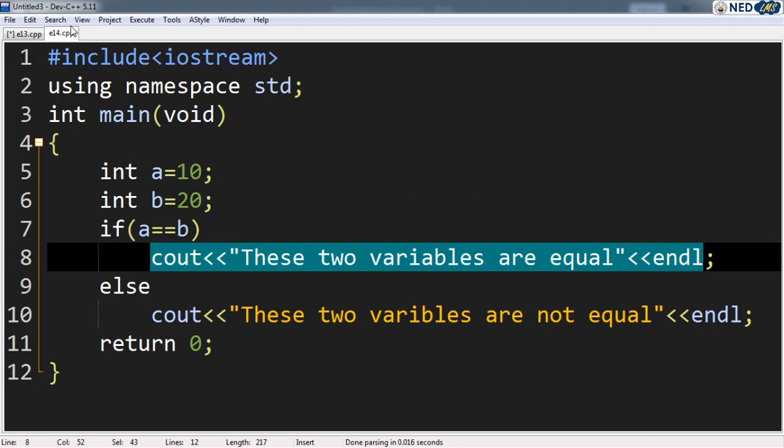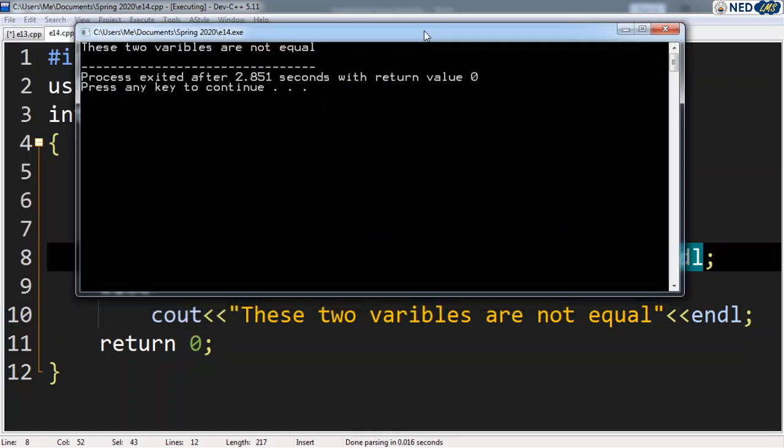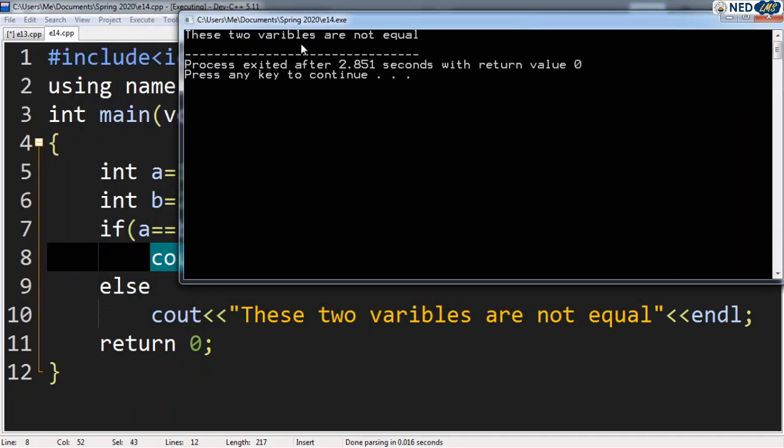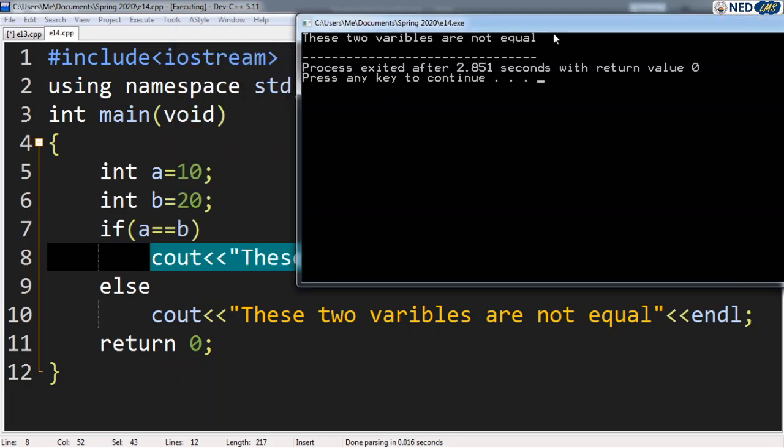Okay, so let's say I can also write another thing. Let me demonstrate that first. So I go to execute, compile and run and see what we get. There we have, these two variables are not equal because this condition was false. I could have written